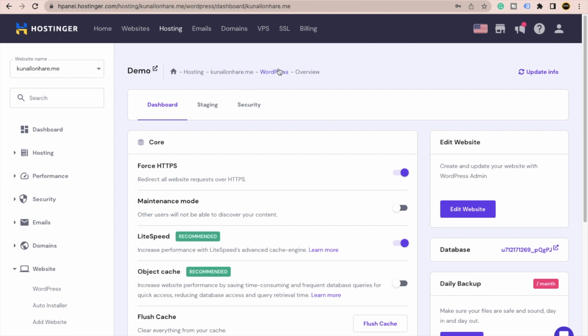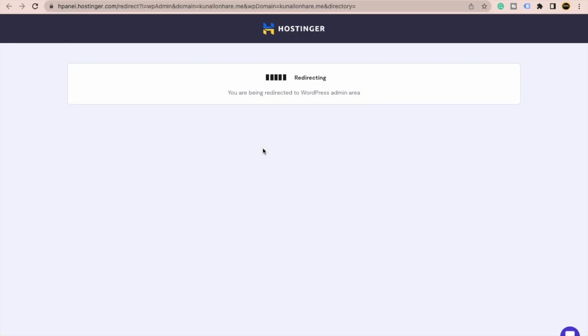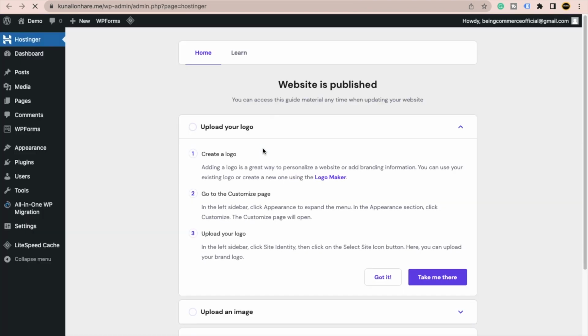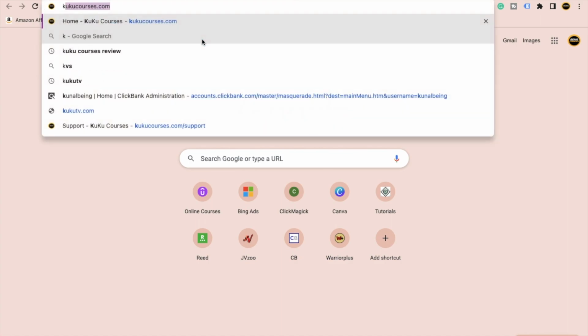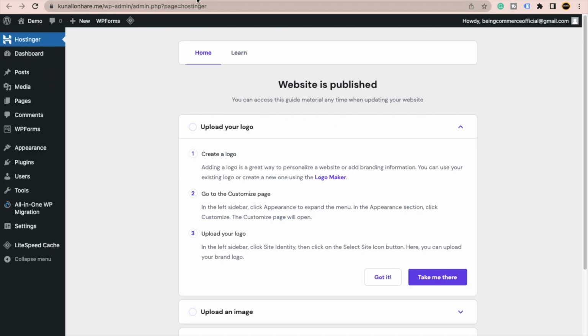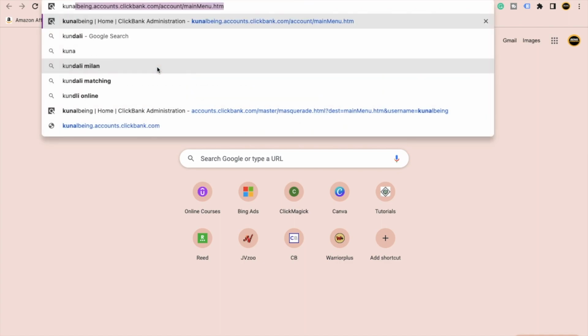You can of course go to your hPanel, and from here you can edit the website. It will open your WordPress dashboard from the panel. But I will also tell you guys how you can access your WordPress website without going to hPanel again and again. You just need to do one very simple thing. You just need to type whatever domain name you have. In my case it's